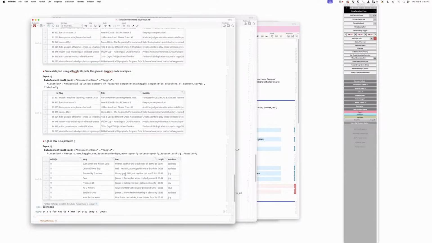Great. Well done. And so how you can go to Kaggle and take any kind of URL, and we do a bunch of URL parsing to turn it into their specification. That second example shows their specification. And if you go to the Kaggle connection page,